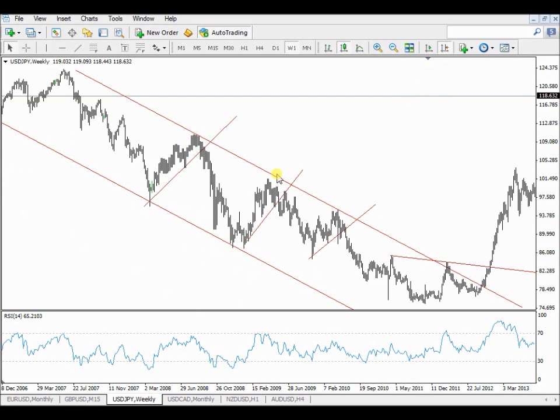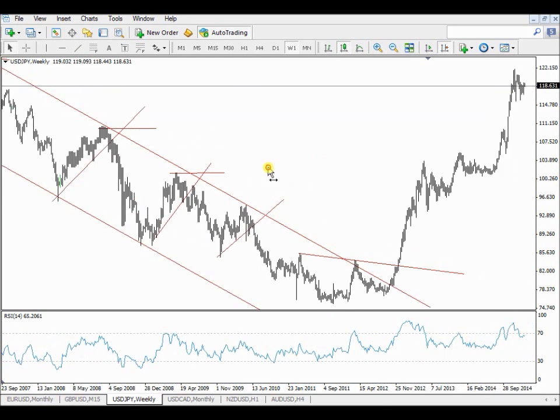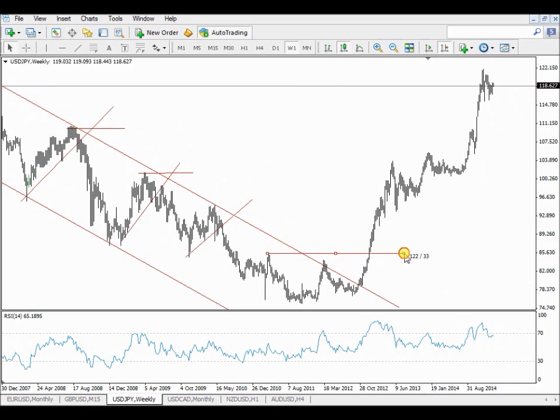Lower highs all the time. So resistance held. There's the resistance. That resistance came down all the time. Here was the first instance where the bulls took control and they broke the previous resistance.